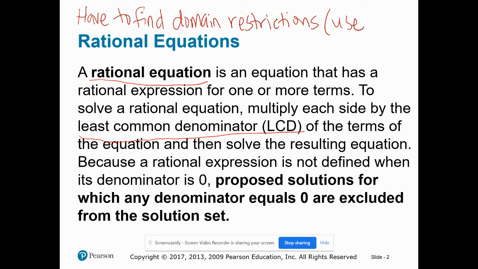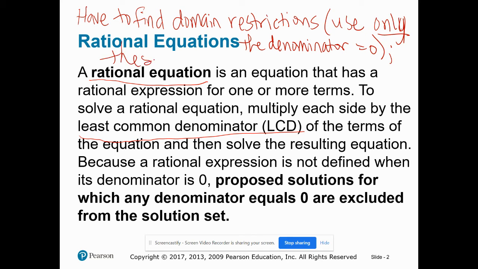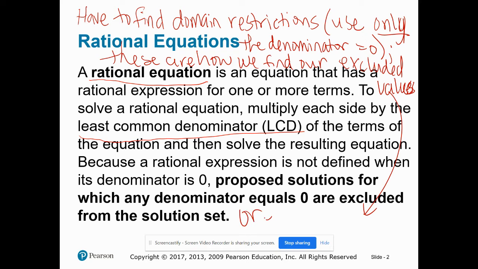Which, a refresher, we use only the denominator set equal to 0. Those are how we find our excluded values or extraneous